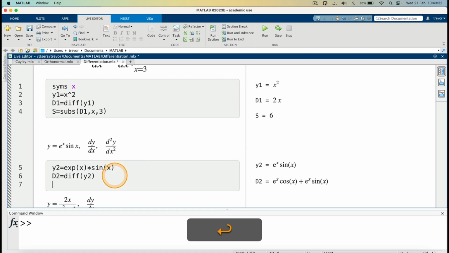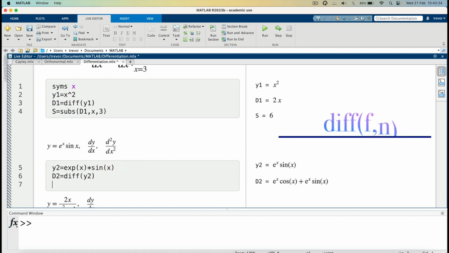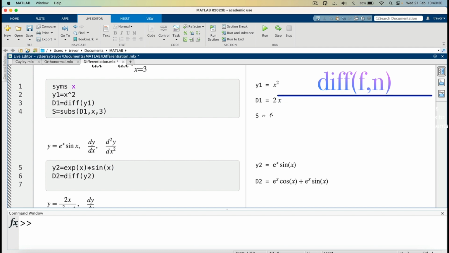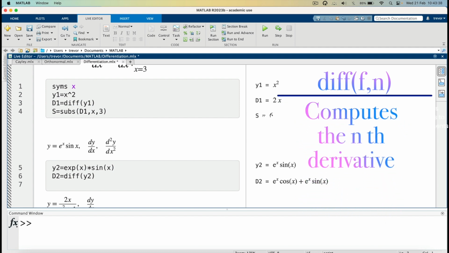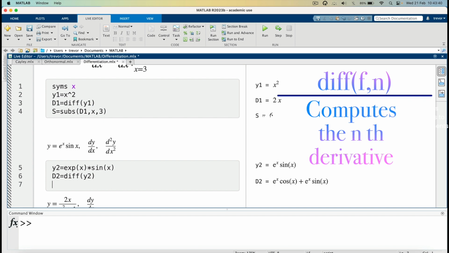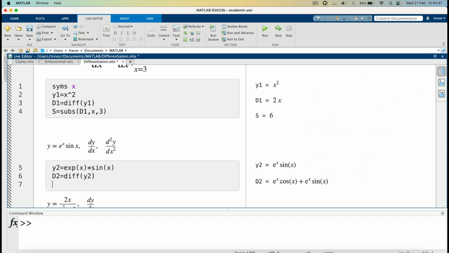So for the second derivative, the command that we use is diff fn. It computes the nth derivative of f with respect to the default variable. So in this case, we want to differentiate this one here with respect to y, the second derivative. So I'll call that